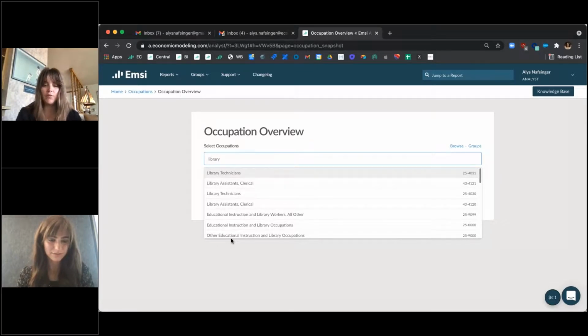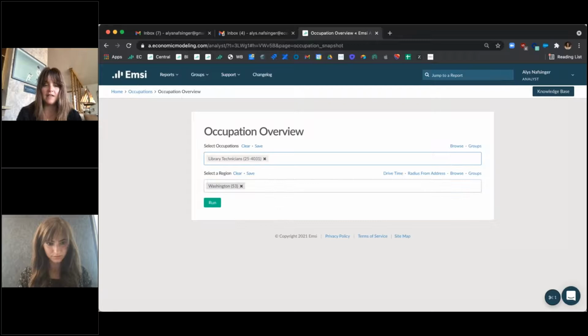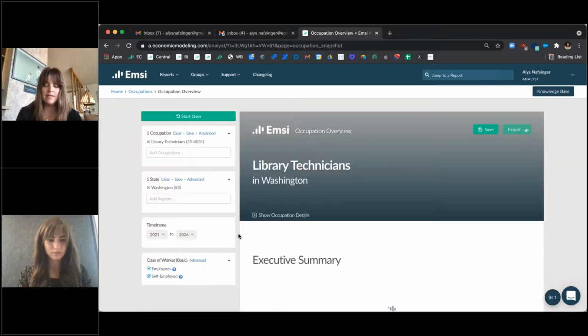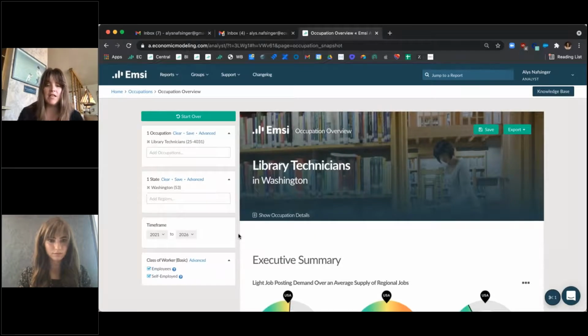If we are looking for a specific program, you can go over and do a program side search as well. But this will pull up any of the different pieces that we're taking a look at, be able to add that specific occupation in, select the region you're wanting to view, and run it. One quick note on regions is the regions do work down to zip, and